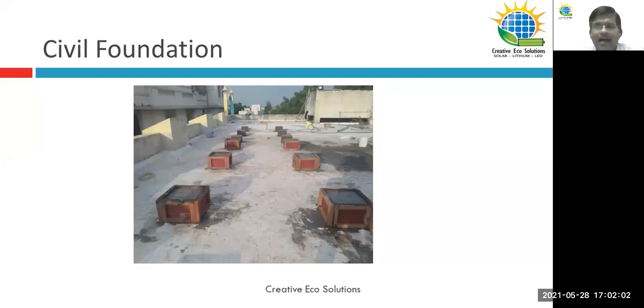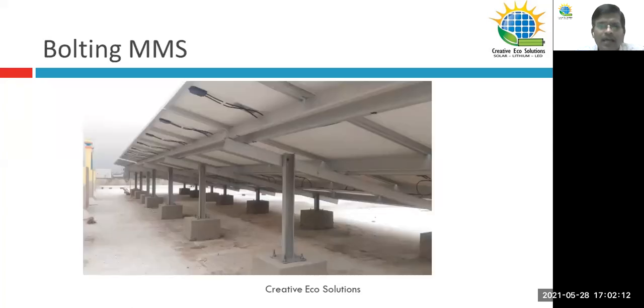So we'll just have a look at how a 10 kilowatt site got built. As we discussed, these are the column boxes to have PCC blocks based on the drawing available. You do that, and then you install your columns, rafters, and purlins, and on the purlins we install the solar panels with proper J foundation bolts. We have to use GI fasteners or SS fasteners.